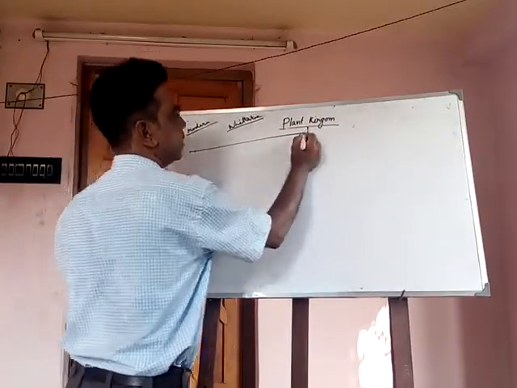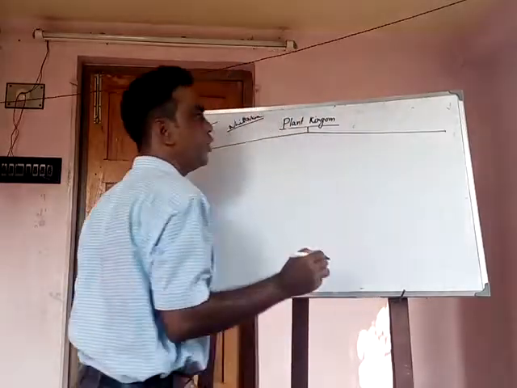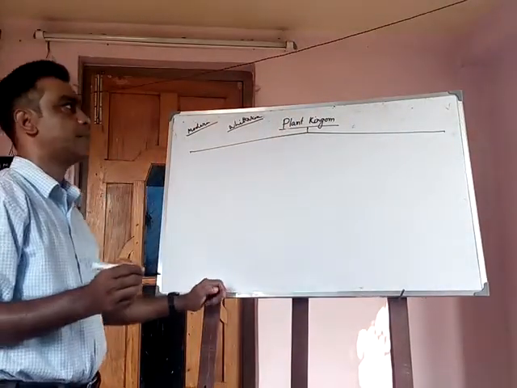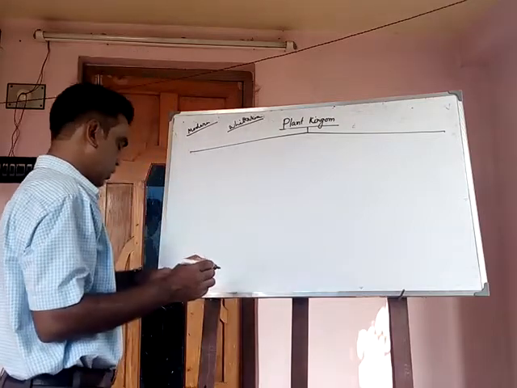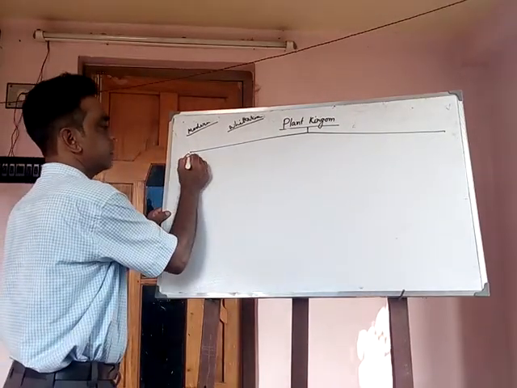After the discussion of Whittaker's hypothesis, the plant kingdom is divided into two separate divisions,